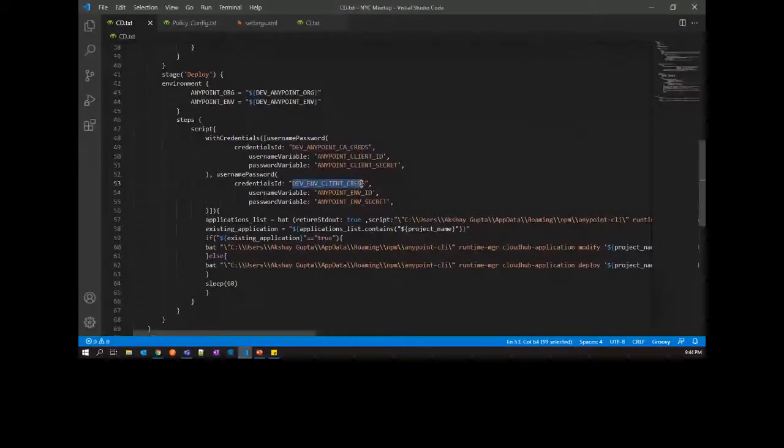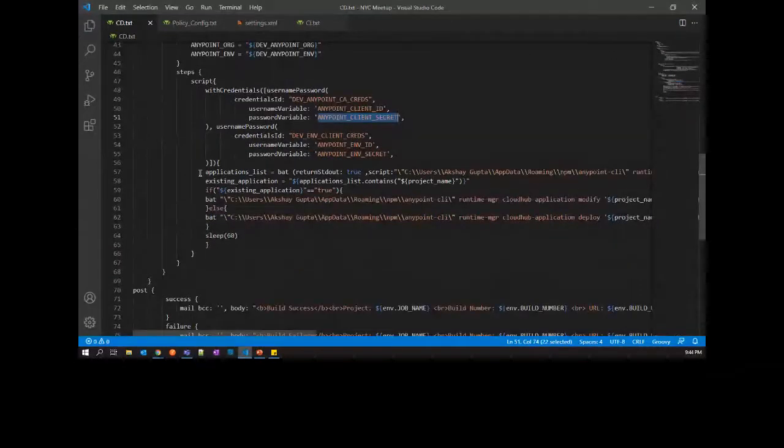So we have seen this in credentials manager, and there's this thing with anypoint CLI. There are certain environment variables which, once you set, this anypoint CLI will automatically pick. For example, this anypoint org will be automatically picked by the anypoint CLI tool to identify the organization. Similarly, this environment variable will be used to identify the environment, and same goes for the credentials as well. So this anypoint CLI will look for these environment variables to pick the credentials. So these are the names set by that particular tool.